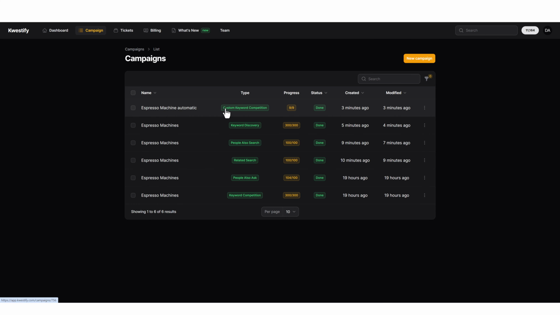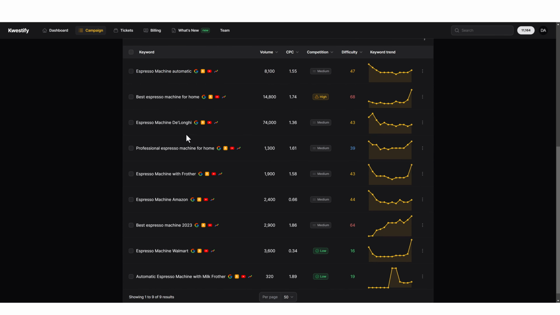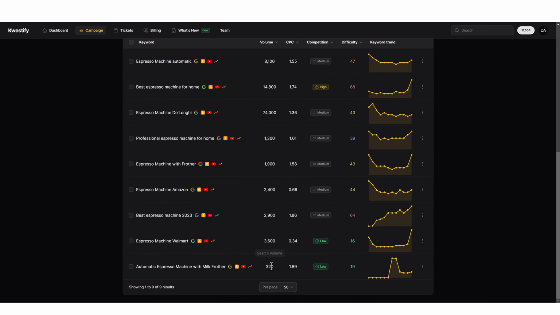Jumping back over, you can see that our custom keyword competition is now complete. Let's go into here. If we scroll down, we can see the keywords we selected, the estimated search volume, cost per click, and the difficulty. And you can see we have two down here at the bottom that we could use and focus on to try to build content around: espresso machine Walmart and automatic espresso machine with milk frother. This is actually a really good long tail keyword that I think would be great because, for one, even though it doesn't have a huge search volume,